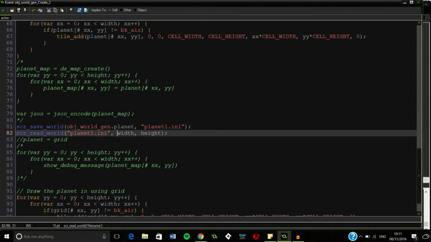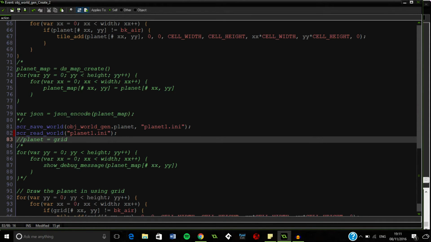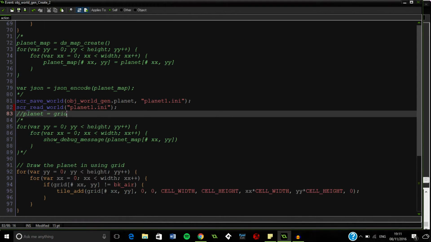And then these we don't need anymore, so we can get rid of them. All it needs is the file name. And what this will do is it will set our grid to equal our saved planet. So then later on what we do